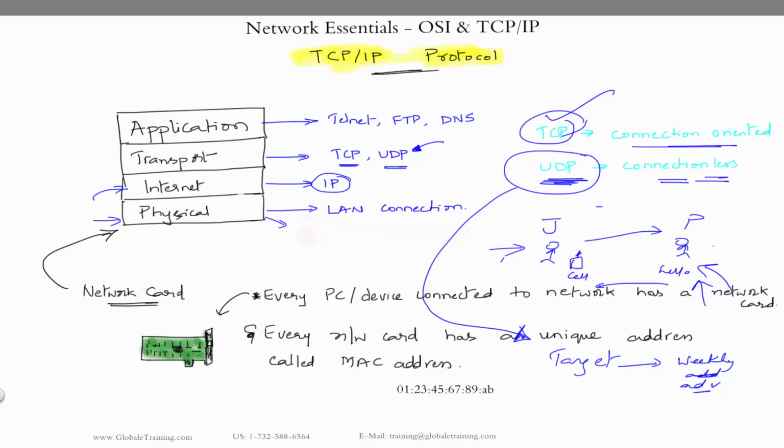Now, that's an example of a MAC address. This is how it looks, and you can use ipconfig /all on your Windows machine to display the IP address properties of your computer, and it will also display your network card's MAC address. So that is a basic introduction into the TCP/IP protocol stack.